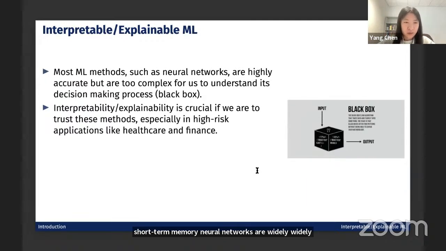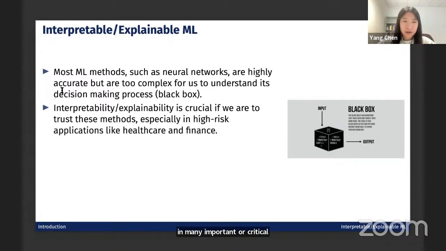They are proven to be highly accurate, but they are very complex for us to understand their decision-making process, because the neural network comes in layers, and for each layer there are some nonlinear and linear operations going on. It's very difficult to get through each layer of the neural network to give some interpretations. And this prohibits the use of neural networks in many important or critical applications because it's purely black